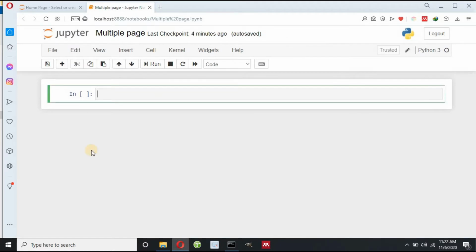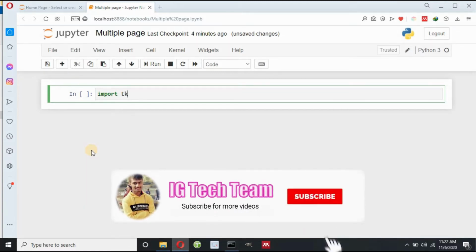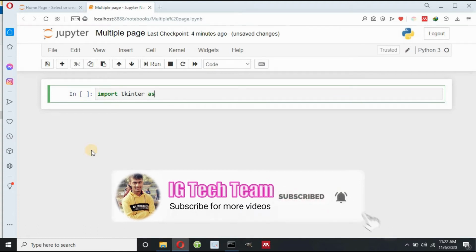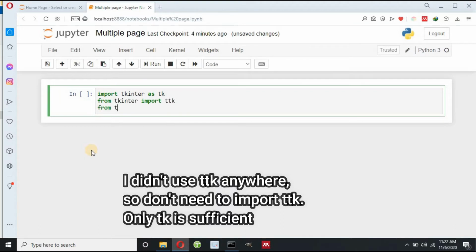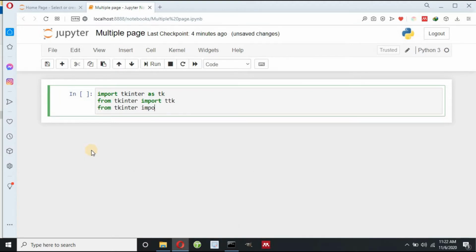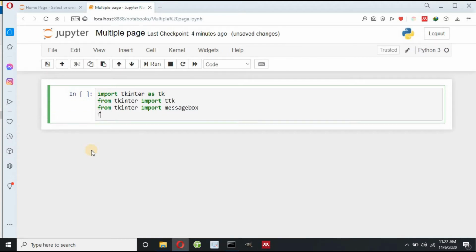Now let me guide you step by step. First of all, we have to import required packages. Let me import tkinter as tk, and in the same way from tkinter I have to import ttk, and then from tkinter I have to import messagebox to display any message, and then from PIL I have to import Image and ImageTk.